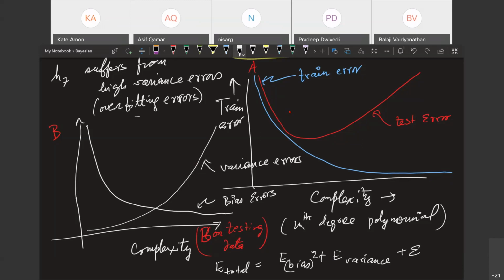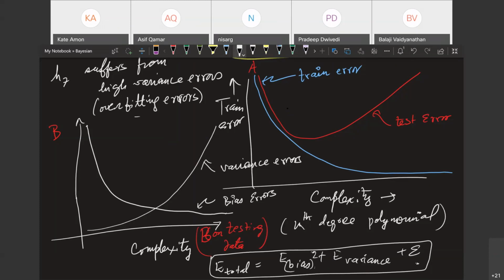Do you remember this relationship, guys? Now we cannot do anything about the epsilon. Can we do anything about epsilon? We can't, right? It is the missing information. But we are playing a game between bias and variance by dialing up the complexity of the model. The total error is the sum of these two.